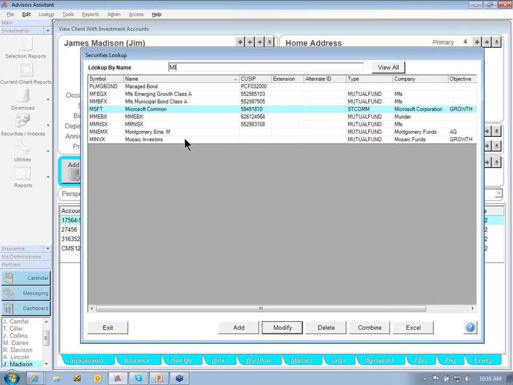If the security I'm looking for is not on the list, I can either look it up by another field, such as symbol or CUSIP, or I can add the security by clicking on the Add button at the bottom of the screen. I'm going to open an existing security, and you can do that either by just double-clicking on the security from the list, or you can highlight the security and click on the Modify button, and that will